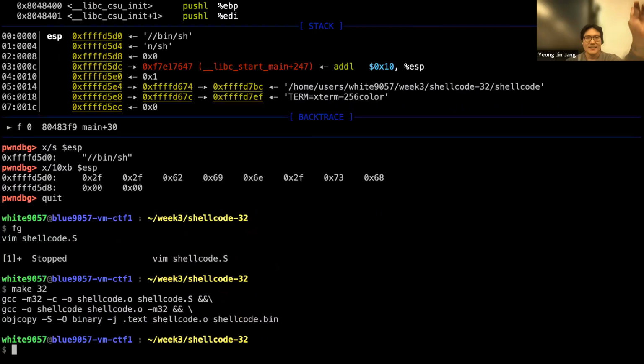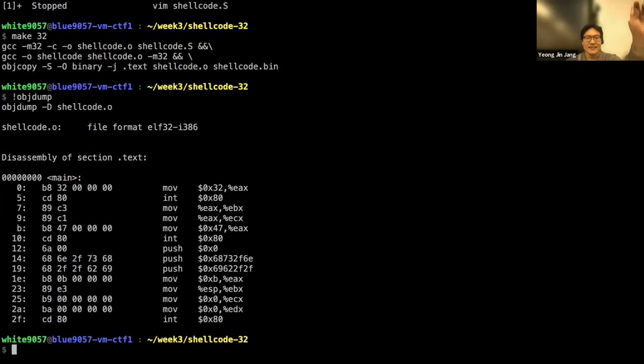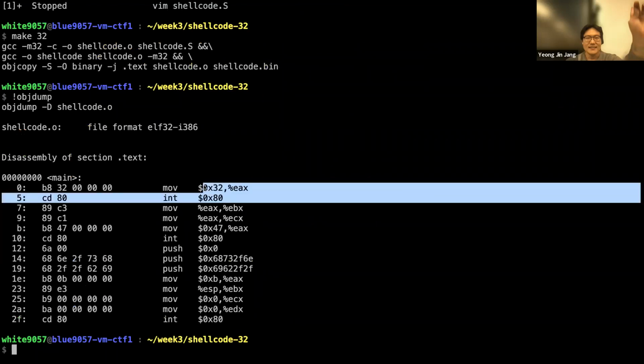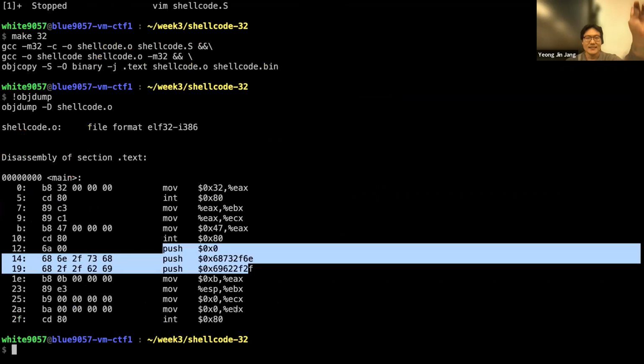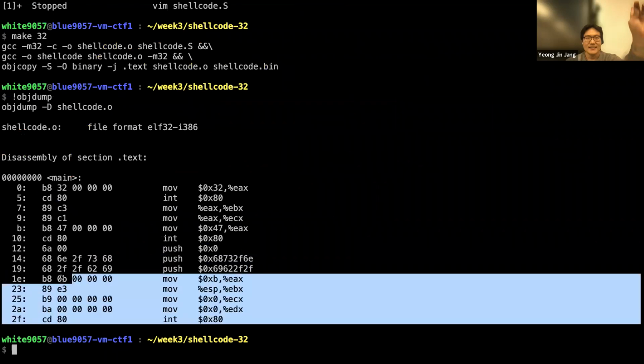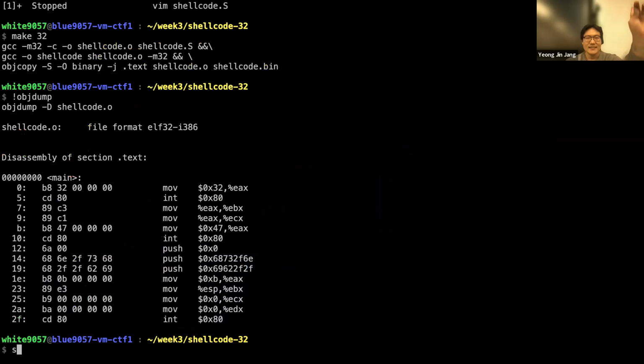And then make 32. Now you have a full shellcode. Get EGID, set EGID, build a string, exec B. And then to test that,